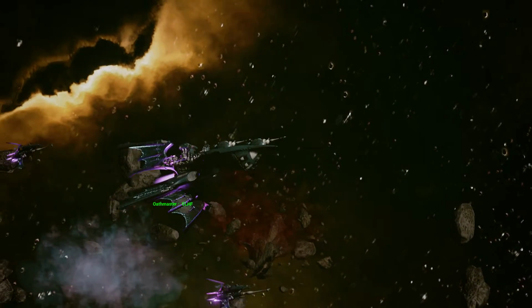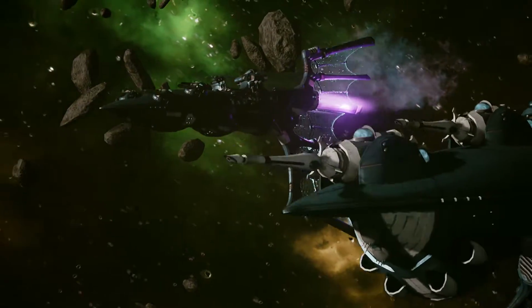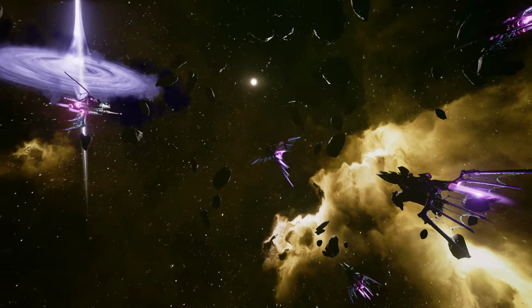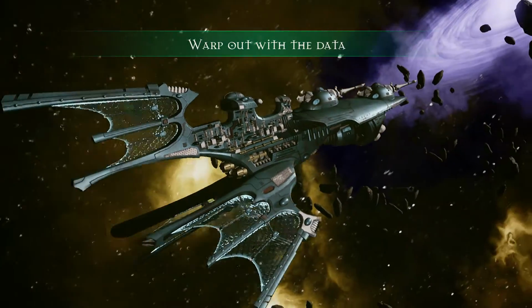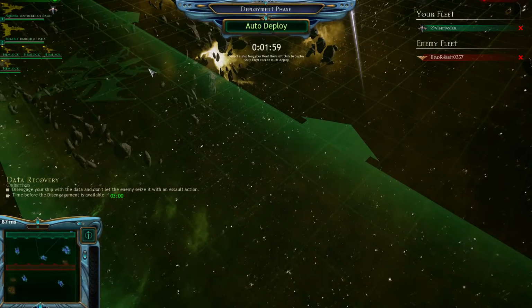And of course, my other Solaris was about to get out, and then it got rammed by a frigate, which I failed to kill. Even with torpedoes and lightning strikes and all that, it was just not enough, even with bombers. Honestly, the torpedoes missed completely. And I was talking so much I forgot what the mission type is, so...